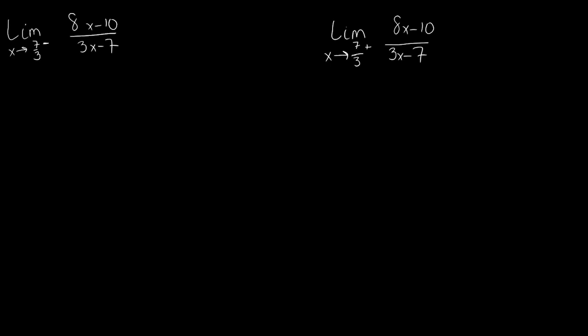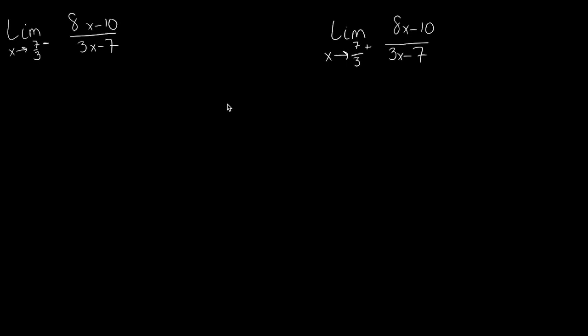In this video, we're going to look at using one-sided limits to evaluate a limit. When we say one-sided limits, we see that we have brought into play this little negative sign here and this positive sign here. They almost look like they're floating in the exponent space. But what they mean is this negative here, what we're talking about there is if we were looking at 7/3 on the number line and we say x approaching 7/3